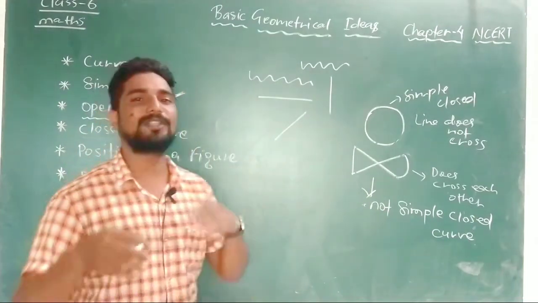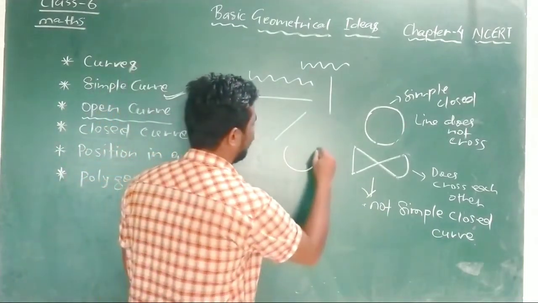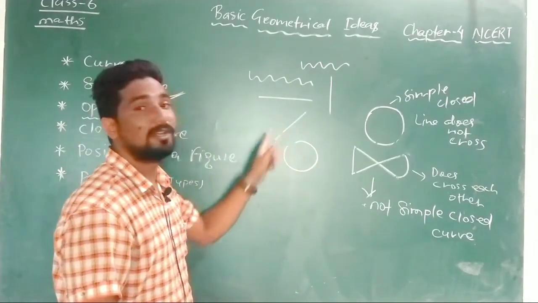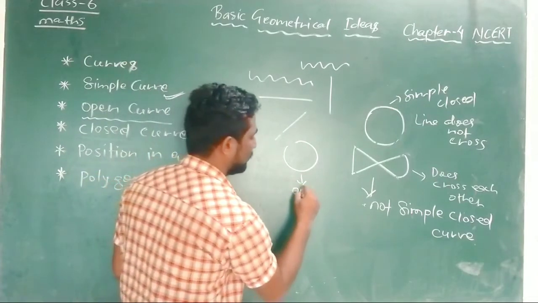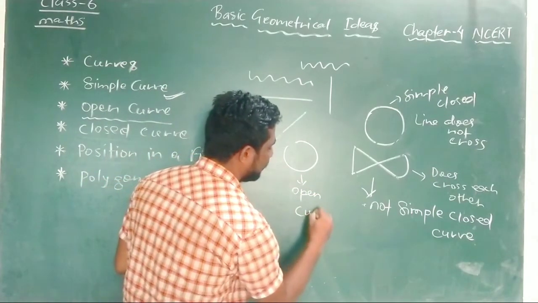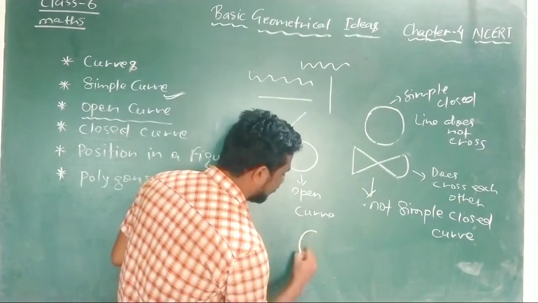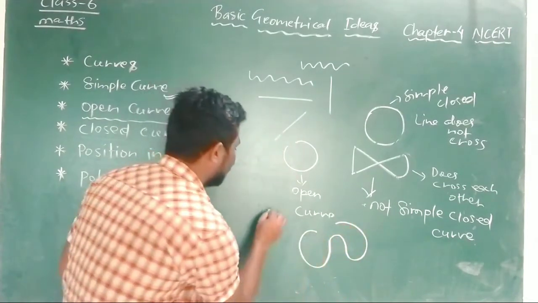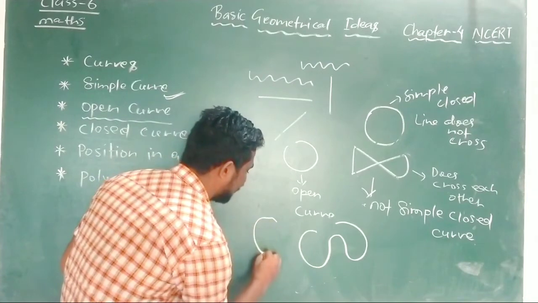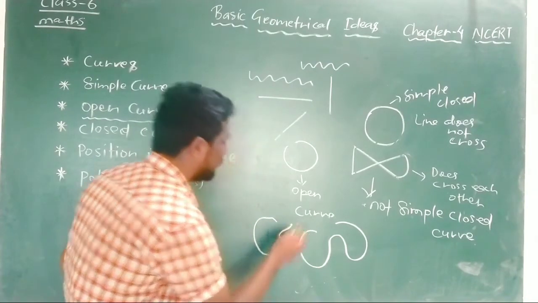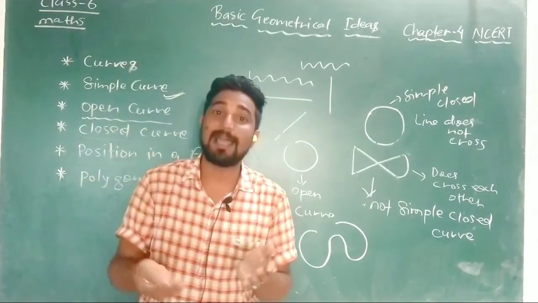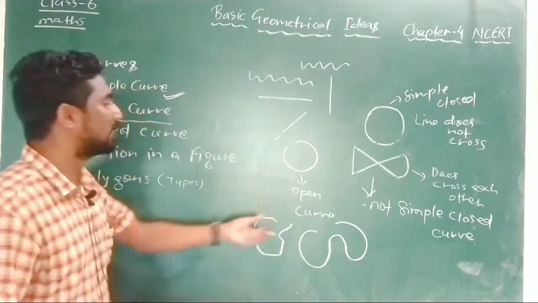So any curve which is open, suppose I make it like that. Now you see, this is not totally closed, this is open here. So this is called open curve. Suppose anywhere I make a diagram like that, you see, this is open curve. I make this like that, this like that, this like that. This is called open curve. So if the picture is curve as well as open, that is called open curve.